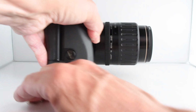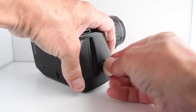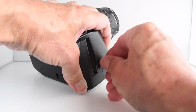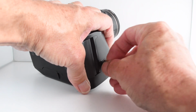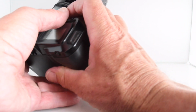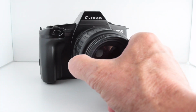There we go. I must say this grip is incredibly comfortable, which is saying something for someone who prefers Nikon cameras. The grip just seems to be made for me. It really does. It feels incredibly comfortable, very reassuring. You can hold it incredibly comfortably, and that's a good thing, because then you're at one with it and hopefully produce